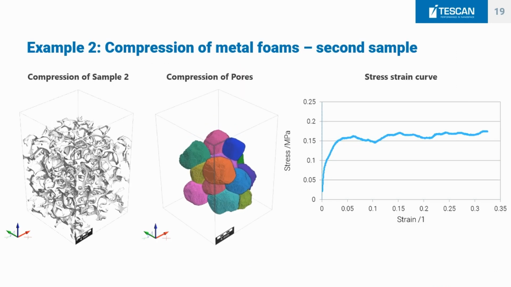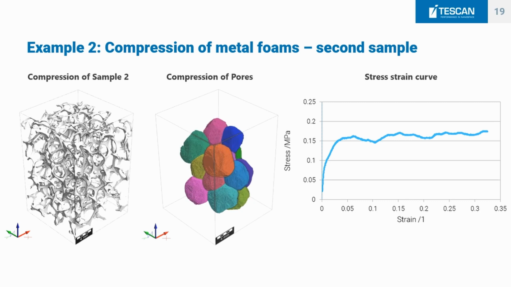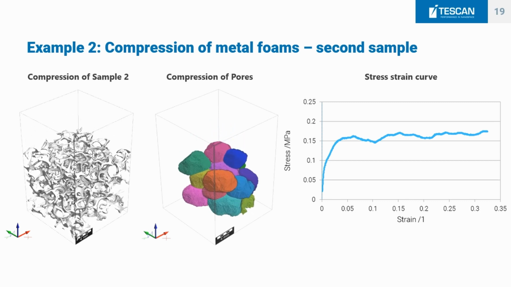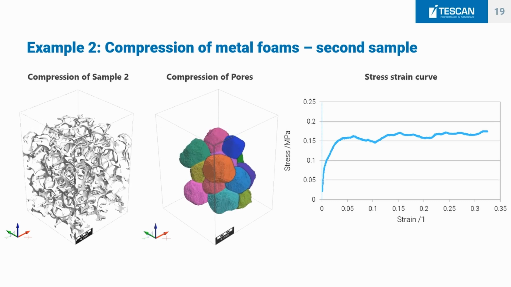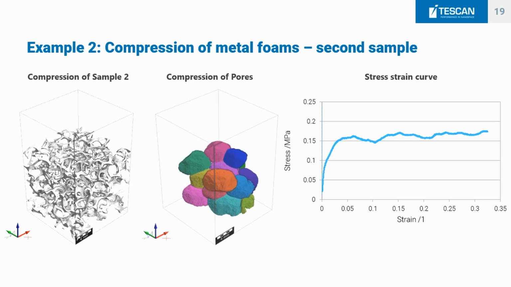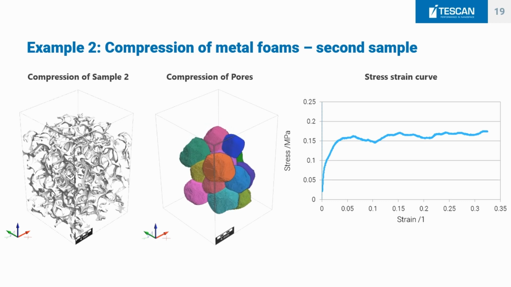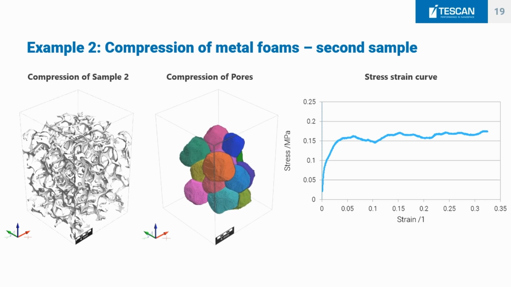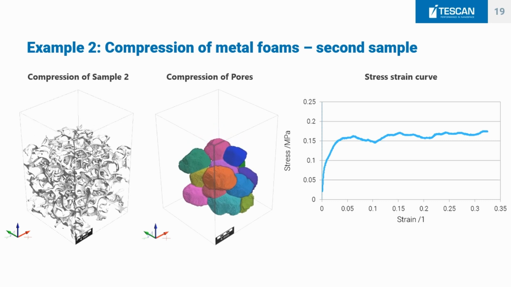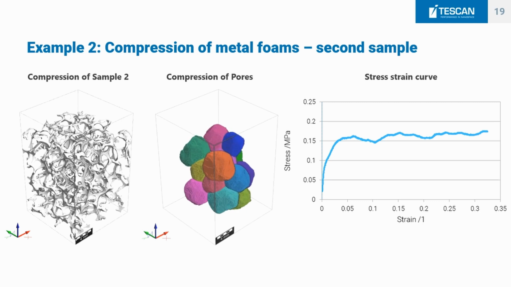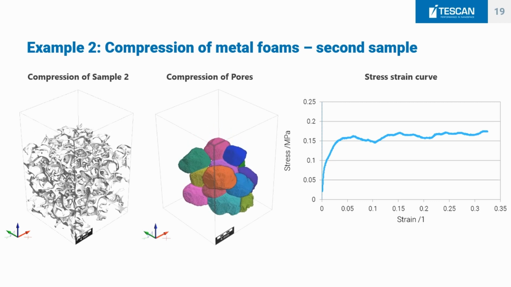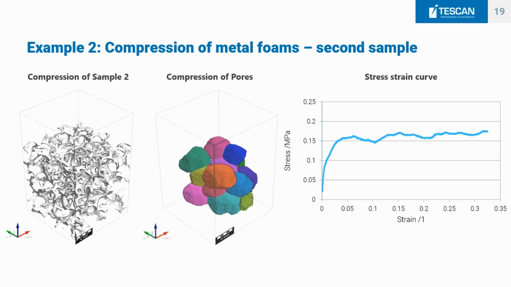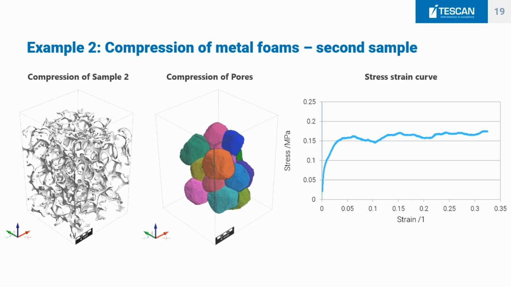Although the simulation was the main goal of this experiment, here we could again do the same as we did before: segment the dataset, analyze the porosity, analyze the cells, look at individual deformation, and match that with the stress-strain curve that we observed during experiments. In this case, we actually got a little bit more pores, about 10 or 12 complete cells in our volume. So probably the cell size in this area of the sample was a bit smaller.